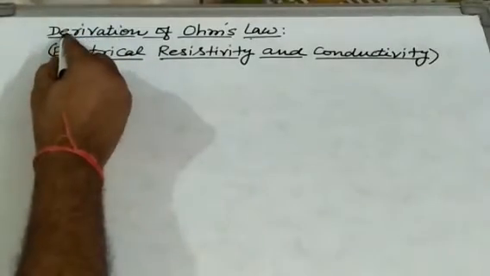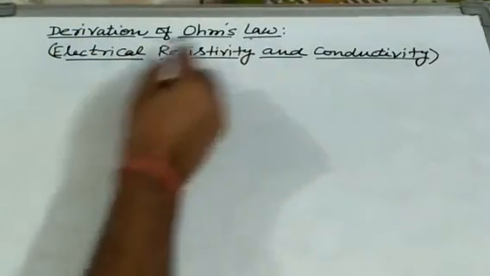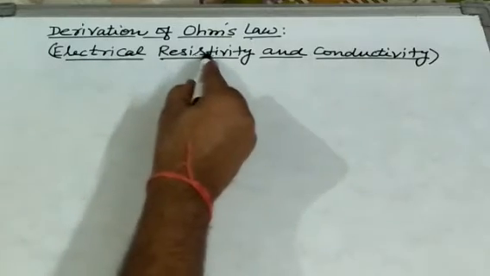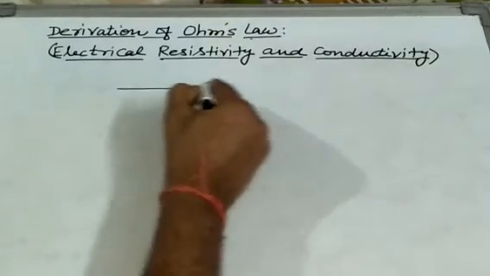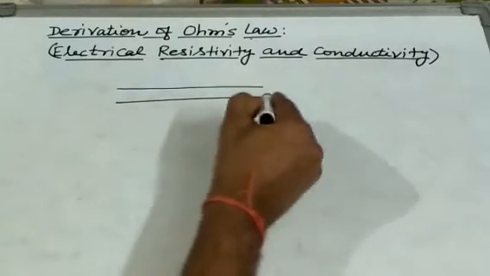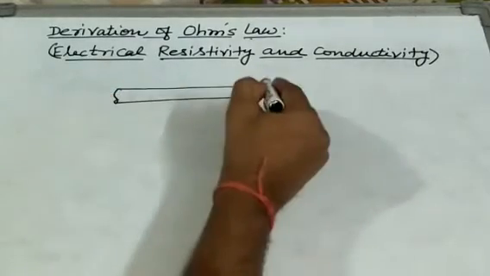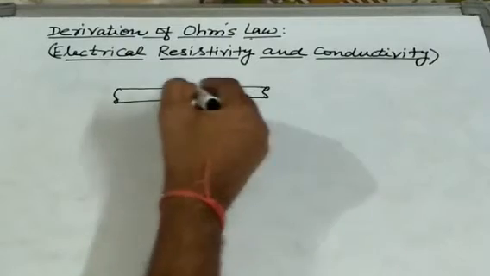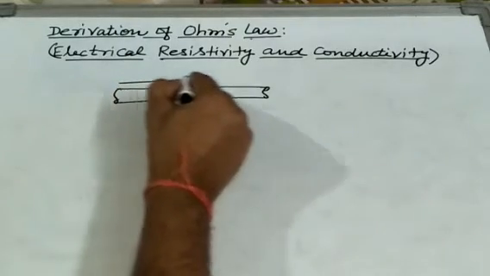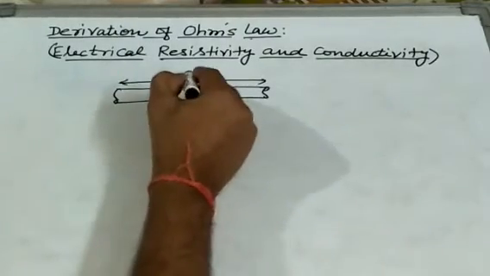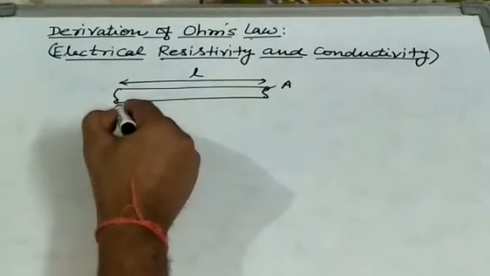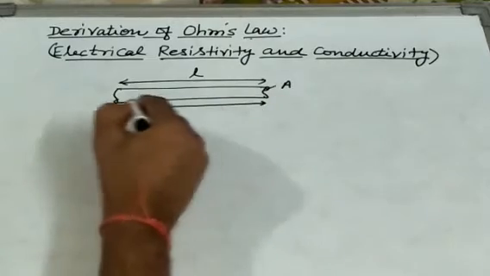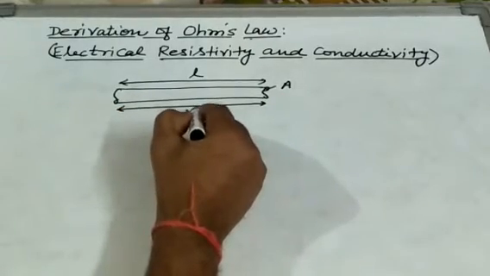In this video, I am going to discuss the derivation of Ohm's law, or electrical resistivity and conductivity. Let us consider a conductor. Suppose the length of this conductor is L, and the area of cross section is A, and when a potential difference V is applied across the ends of the conductor,